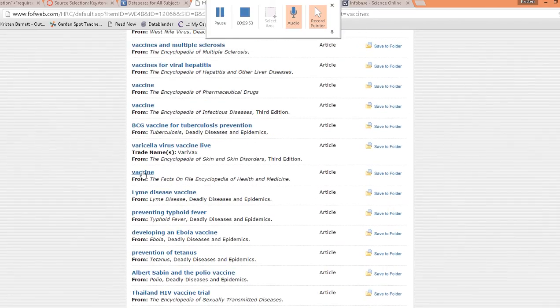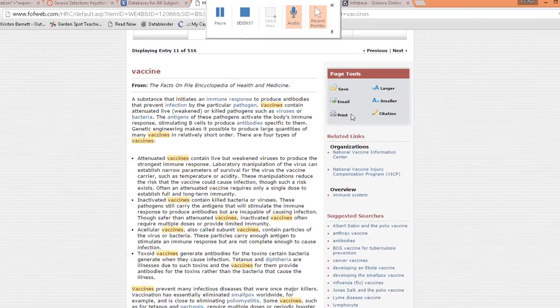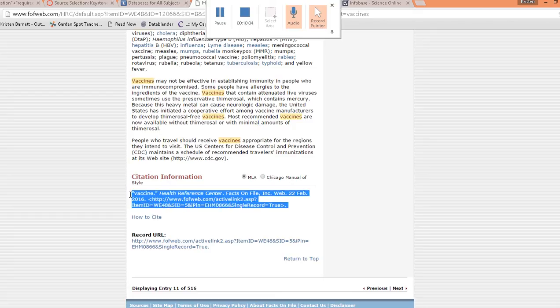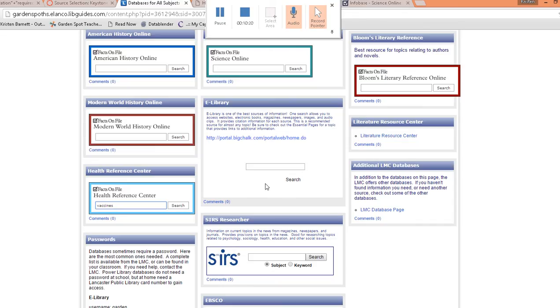Maybe you just need to cite what a vaccine is, you know, what cyberbullying is. And then it often, like here, I'm in Facts on File, gives you the citation that you would use. There it is. And that you would just copy and paste then into your document. It's in MLA. And here it is. See, it even has today's date, which you would put in Son of Citation Machine. Another great one that I like to use is EBSCOhost.